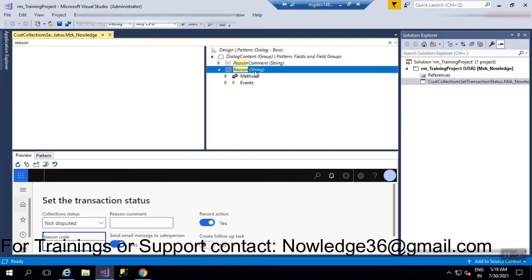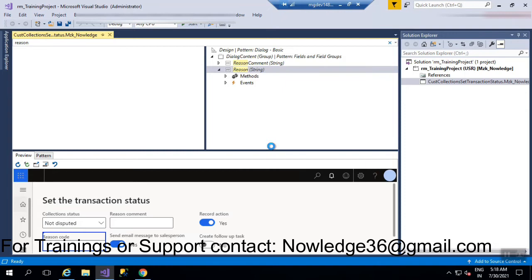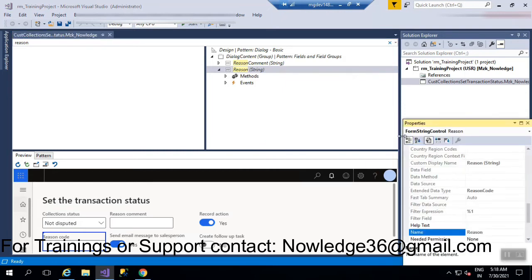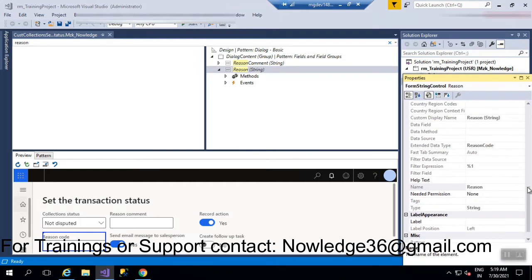I want to check the properties once. Let's check the properties. Right click. Give me a moment, please. Actually, it is stuck. Okay, so click on properties. So what I want to show here, let me elaborate this.